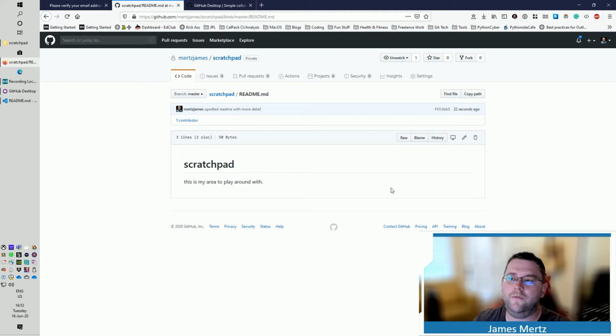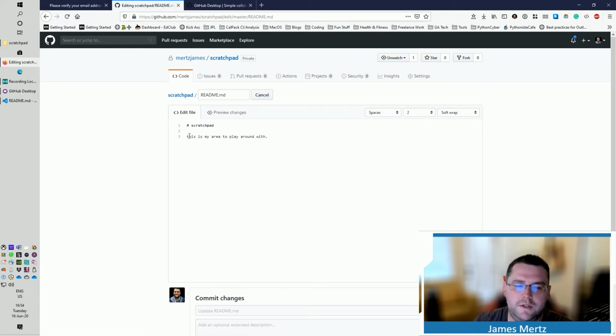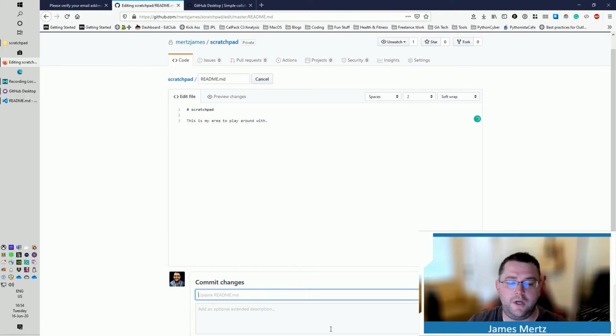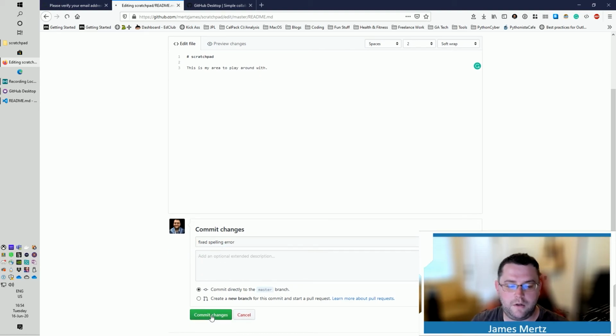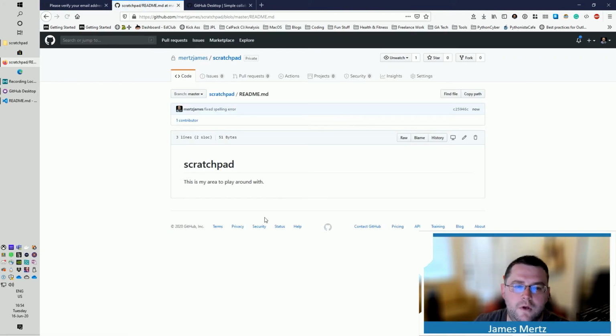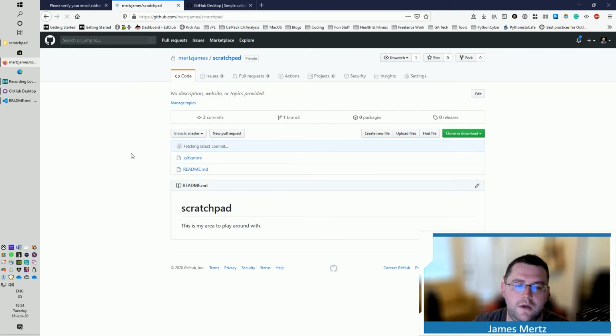Now, what if we have changes that we pushed out from one computer to another computer? Well, let's say we make a quick change to this. We see that this wasn't capitalized, so I'm going to change this. Change my notes here. I'm going to say fixed spelling error. Commit changes. And now the online version of the repo is ahead, or has a version ahead of the version